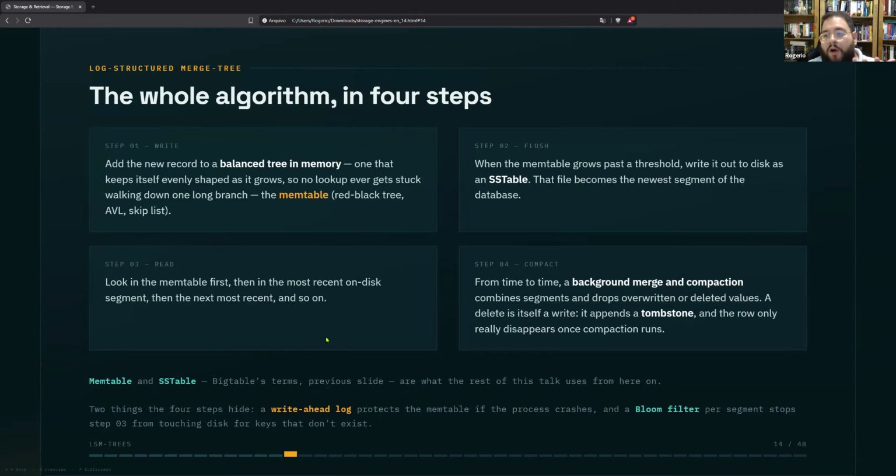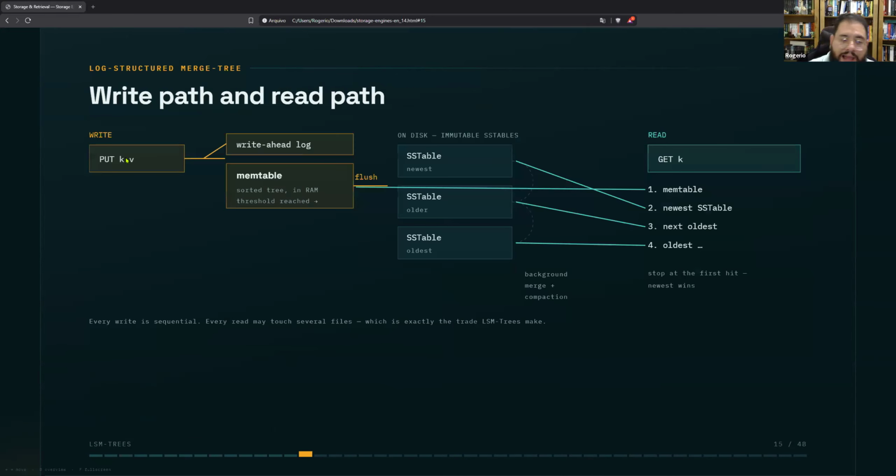And what is the whole idea? I have a new key and value. I write it into the memtable until it reaches the threshold. When it reaches the threshold, you have something called the flush, and the flush creates the key and value inside the SSTable.